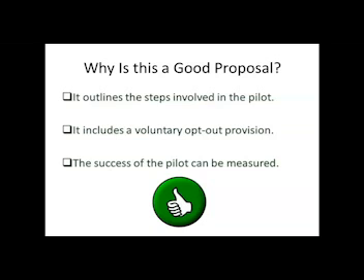The success of the pilot can be measured. All those things were noted in that sample on the prior slide. It's important in the very end that an agency be able to show, not only did we complete the approved pilot in the year or two that we conducted it, but these are our results. And hopefully you can show that it was a benefit. If it's the other way, that should also be apparent as well. And we'll talk about that more in the upcoming slides.